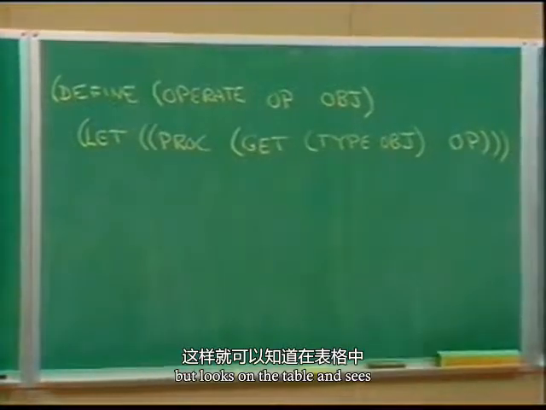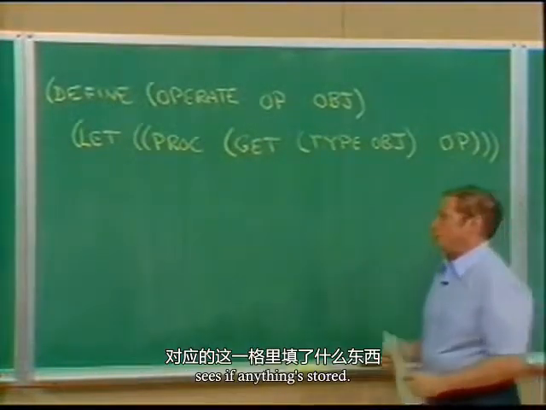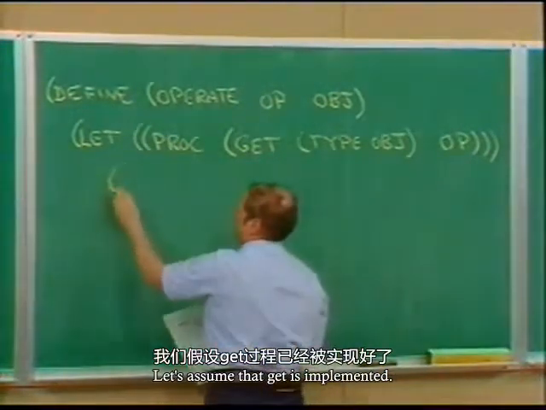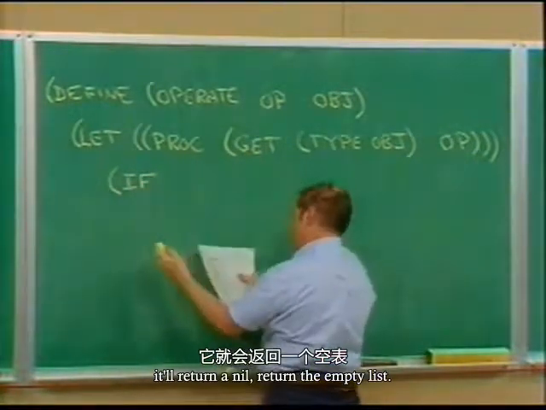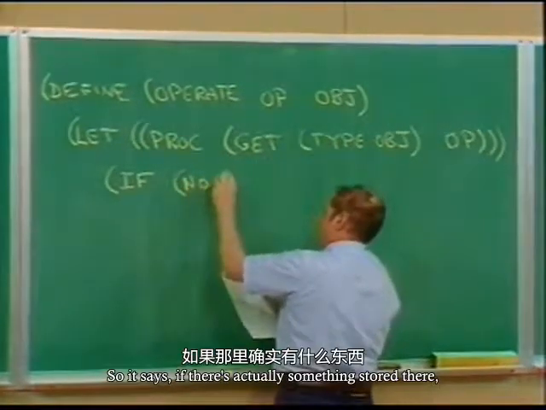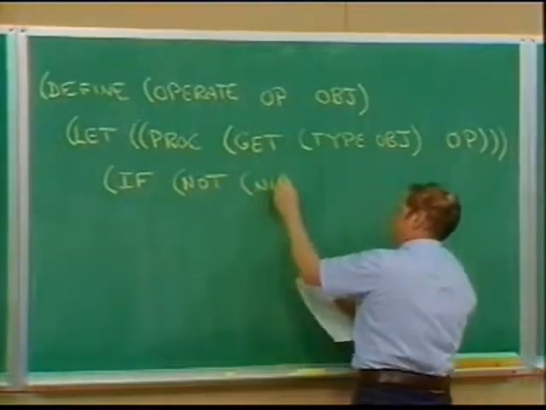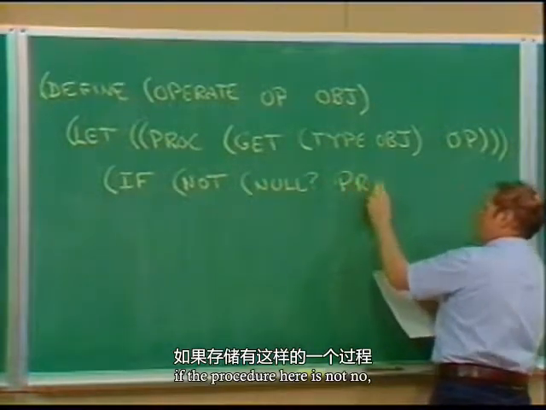So it looks in the table and sees what's stored under the type of the object and the operator, sees if anything's stored. Let's assume that get is implemented, so if nothing is stored there, it'll return null, return the empty list. So it says if there's actually something stored there, if the procedure here is not null,